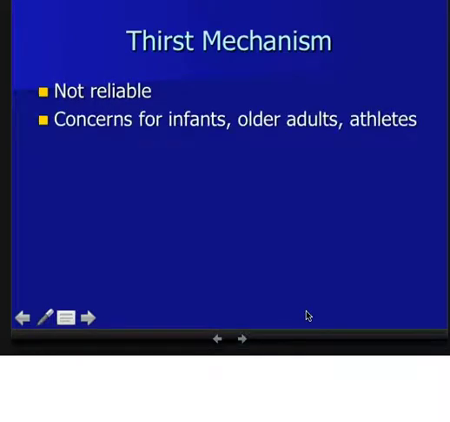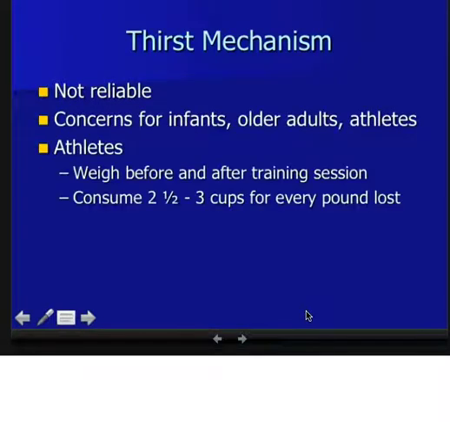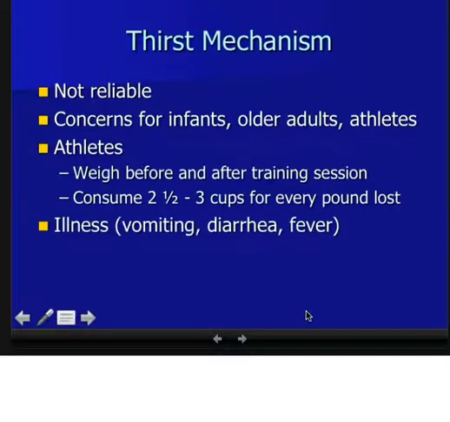This brings up concerns for infants, older adults, and athletes, who should weigh themselves before and after a training session and consume about 2.5 to 3 cups of water for every pound they lose as water weight to avoid dehydration. We can also lose water through illness. Vomiting or emesis, diarrhea, and fever can result in water loss in the waste stream, and the danger there is